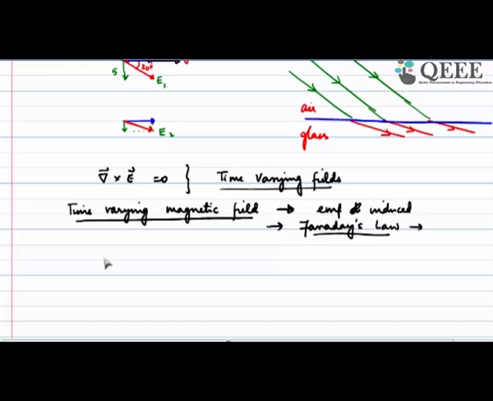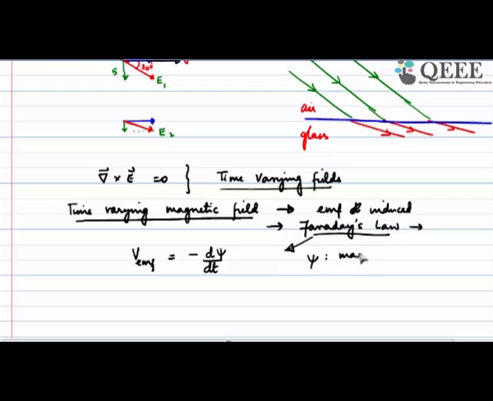Now, how do we express it mathematically? The induced EMF, V_EMF induced, is found to be proportional to the rate of change of magnetic flux. So it was proportional to minus dφ/dt. This is your Faraday's law, which you have learnt in school also, where φ represents